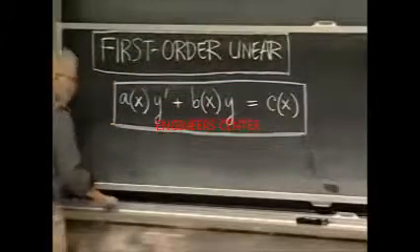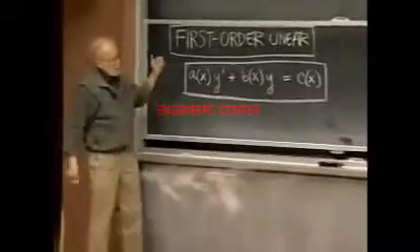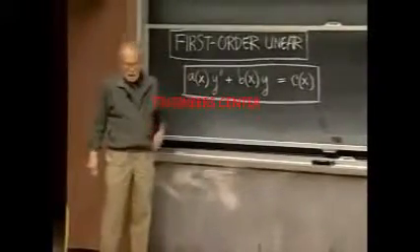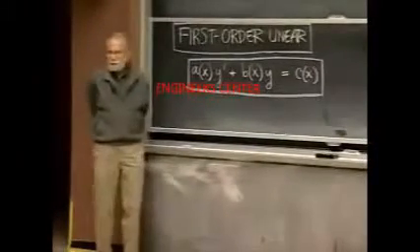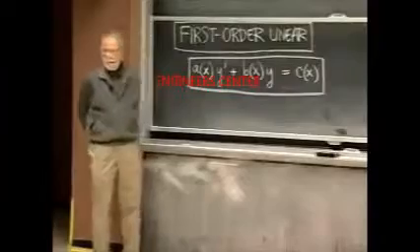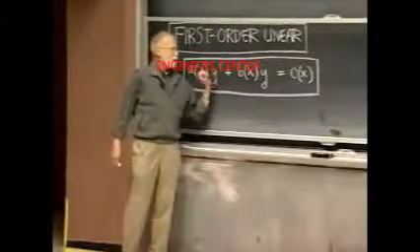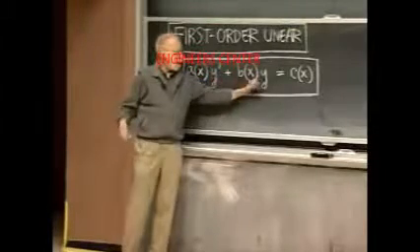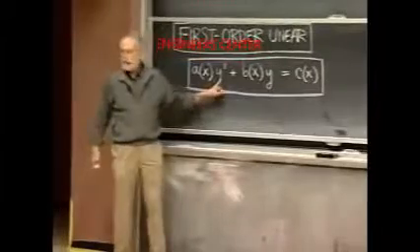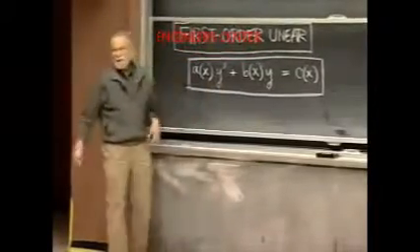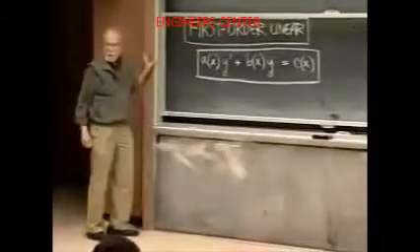Now, why is that called a linear equation? The word linear is a very heavily used word in mathematics, science, and engineering. For the moment, the best simple answer is because it's linear in y and y prime, the variables y and y prime. Well, y prime is not a variable. Well, you'll learn in a certain sense it helps to think of it as one, not right now perhaps, but